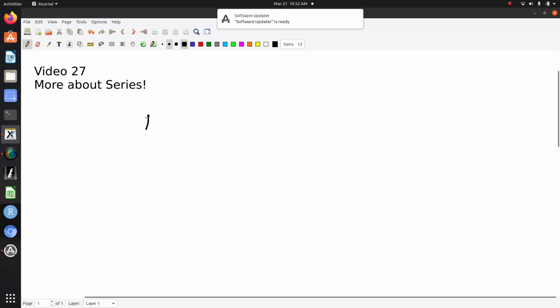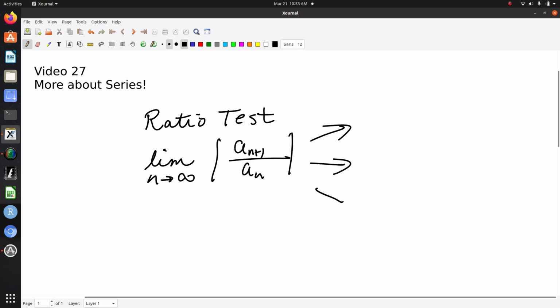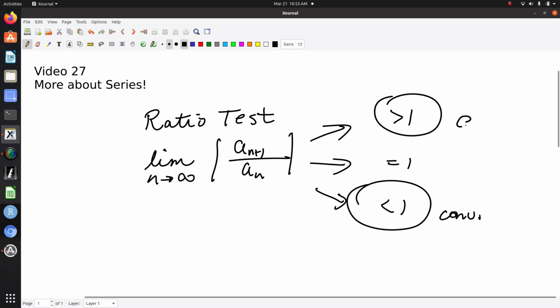So let's remind ourselves, what is the ratio test? Well, the ratio test, you take the limit as whatever your variable is goes to infinity, and you take the absolute value of your coefficients like this, and you see is that result equal to 1, greater than 1, less than 1. If it's less than 1, the thing converges. If it's greater than 1, it diverges. And if it's equal to 1, well, what happens? Then you don't know, right? You have to